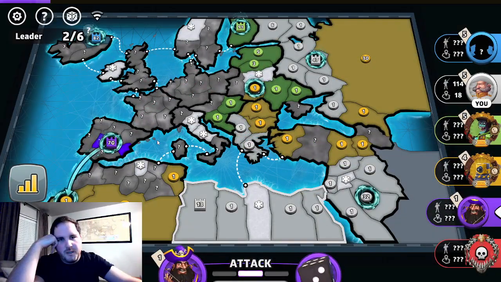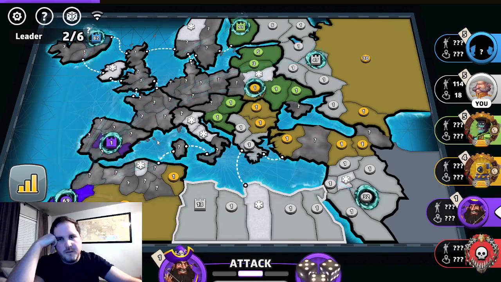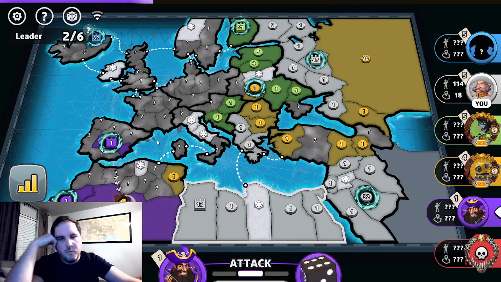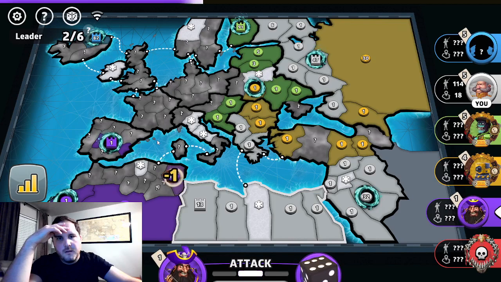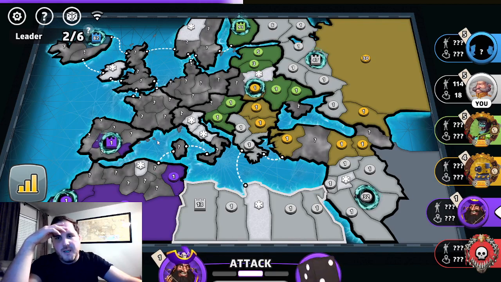Purple may go take yellow out now. I don't know if purple knows how thin yellow is spread. I would love to see purple fully take him out of North Africa or West Africa. It looks like he is. I can't see all of it, but I kind of have to trust that he is,